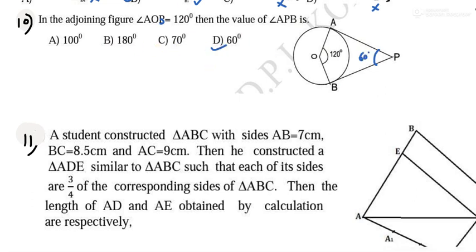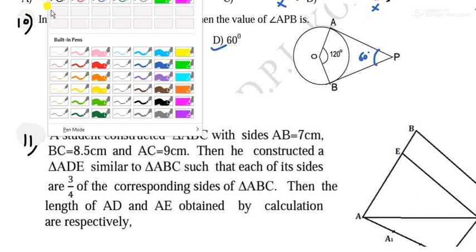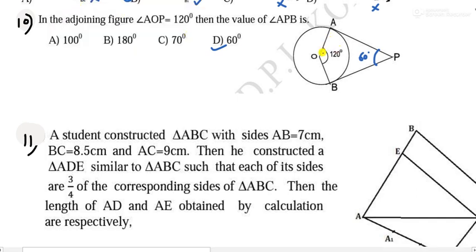Okay, so let us assume this also. If the given question was AOP, because they have written here AOB as 120 in the diagram, but here they have written AOP as 120. It means this angle AOP is 120. This is not possible, but still let us see. If this is 120, this is how much? 90 degrees, right? So 90 plus 120 is how much?